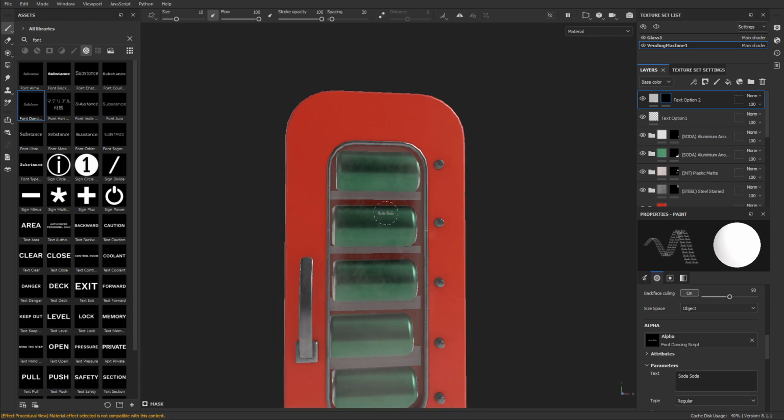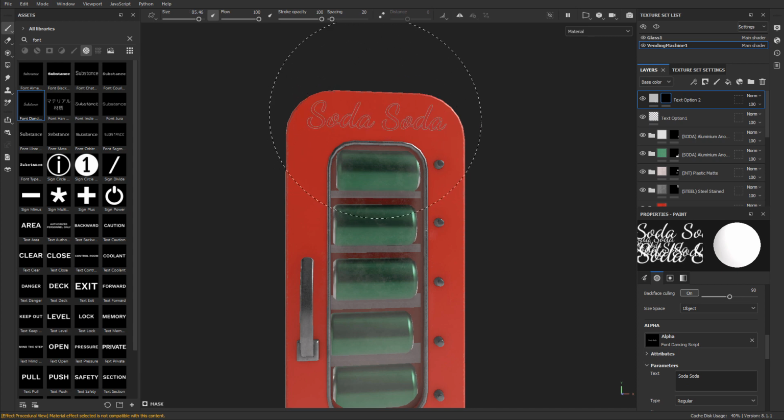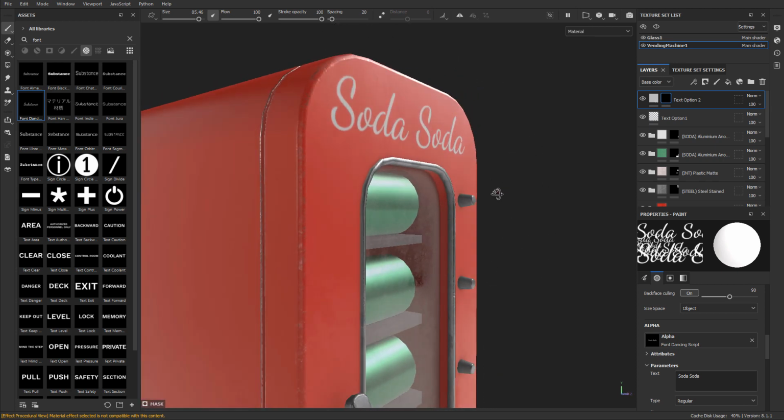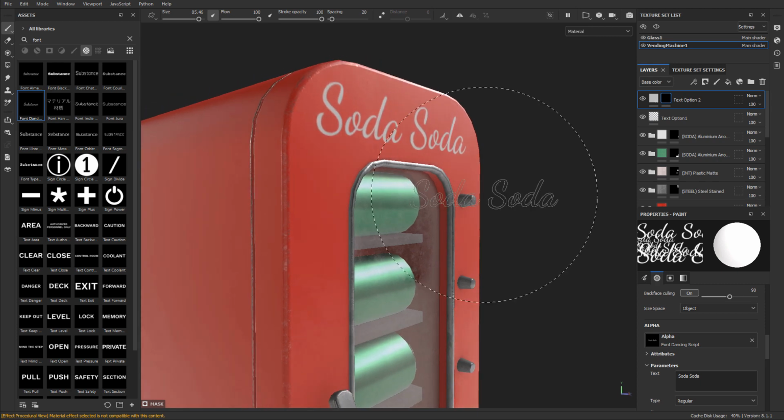And let's come over here and let's stamp it. So again, I'm going to hold down Control, right click, drag to make this large. And here's where my text is going to go. So let's go ahead and left click and stamp it. All right, so here's my text. Perfect. Now, because it's on a fill layer, I can go ahead and now select that fill layer, make it